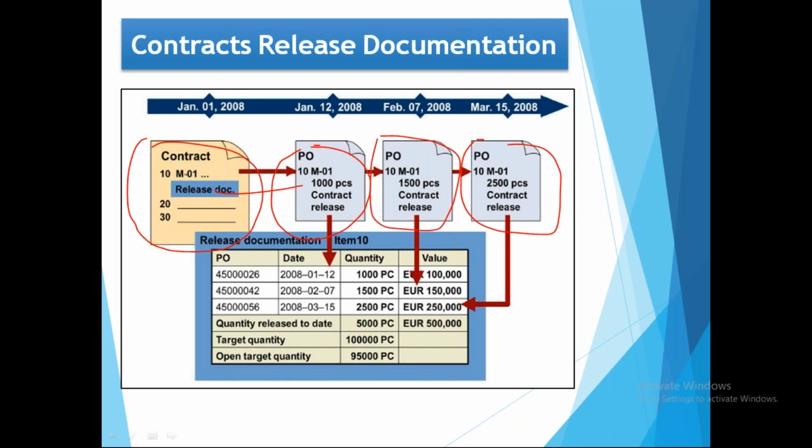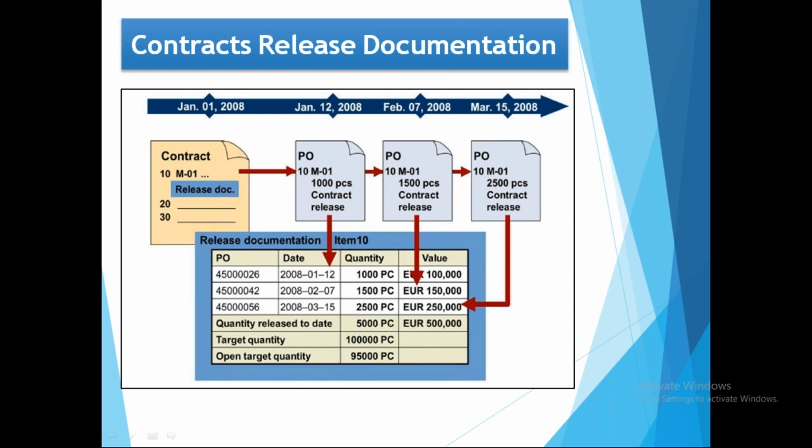So let's say you have a contract on Jan 12, 2008, you created a PO for 1000 pieces, and on Feb 7th you create another order for 1500, and on another date you create another order for 2500 pieces. All these will get updated in your contract. In your contract you can see all these orders,